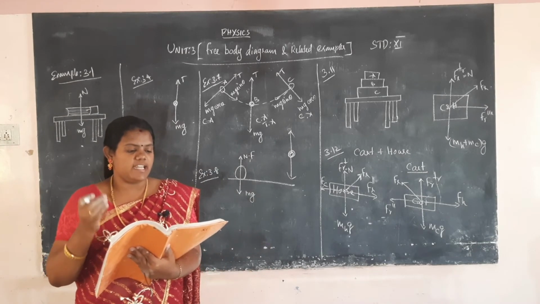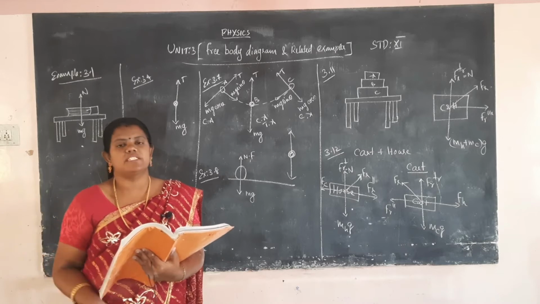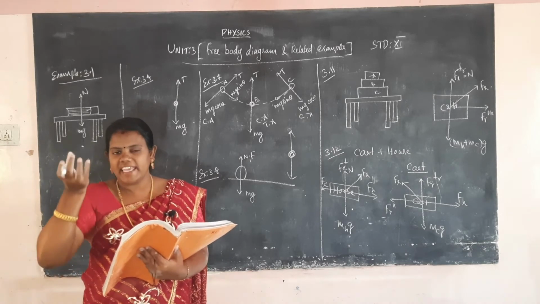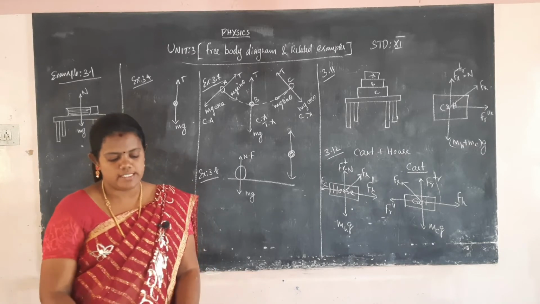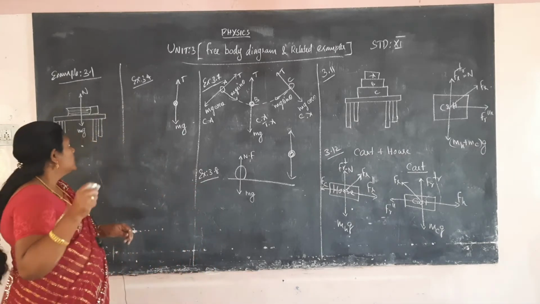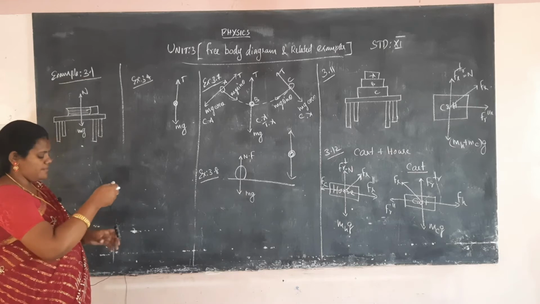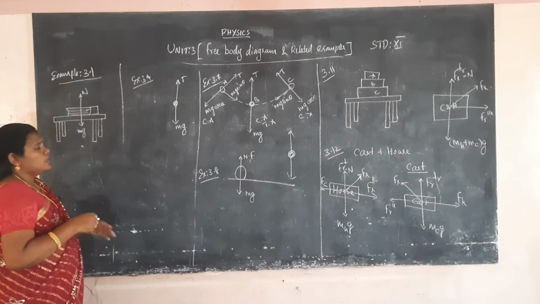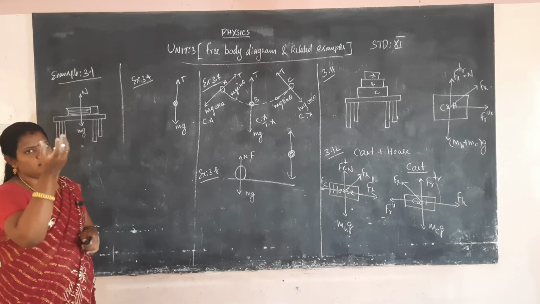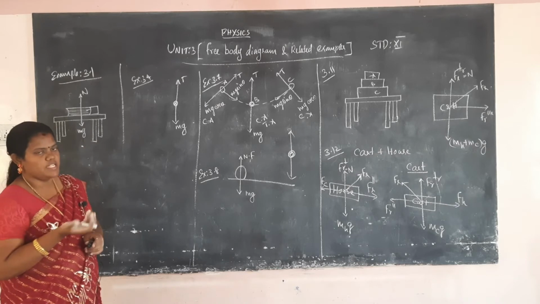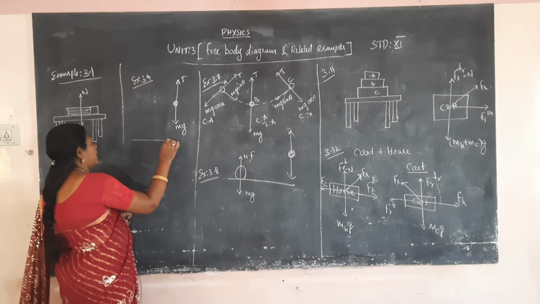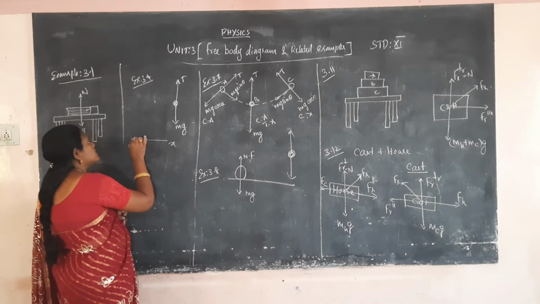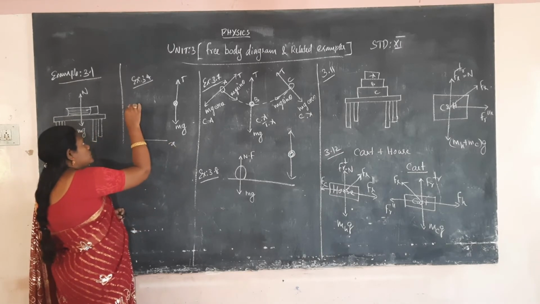Apply Newton's second law to a mango hanging from a tree. The mango is hanging on a cord from a tree. We have to consider the coordinate axes first. The ground is always considered as the x axis, and the hanging direction of the mango is considered as the y axis.